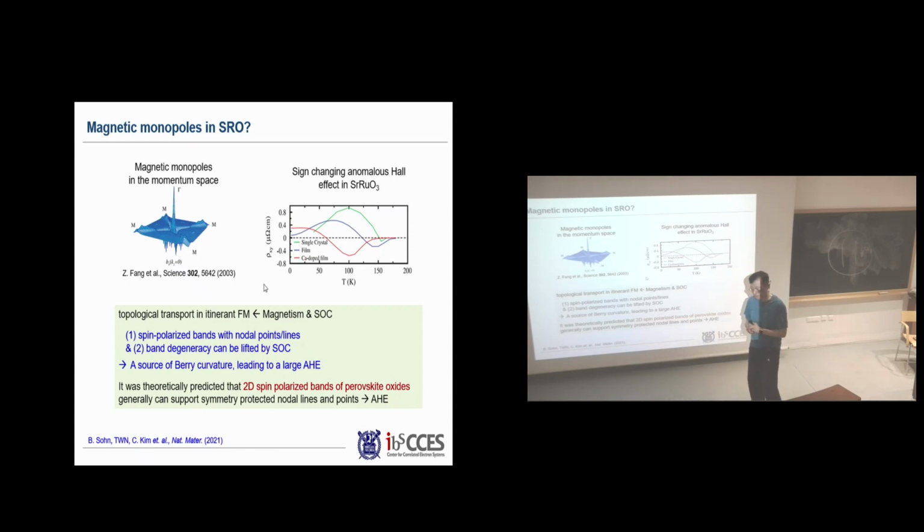But anyway, in my university, one of my colleagues mentioned that we are working on the perovskite structure. If you have this perovskite structure in the 2D limit, and if you have a spin polarization, if you turn on the spin-orbit coupling, then it will automatically generate the largest Berry curvature. It doesn't have to be strontium ruthenate. It's a very general behavior, he said.